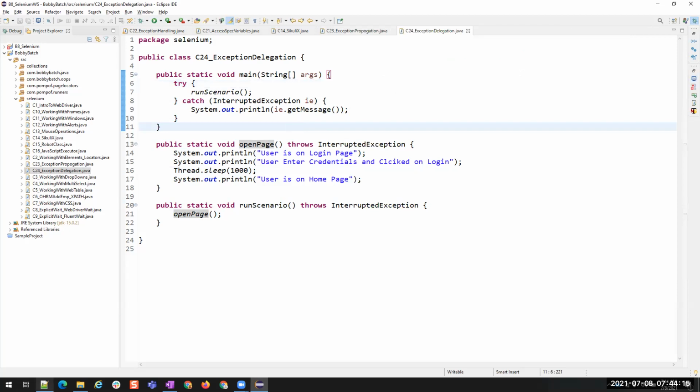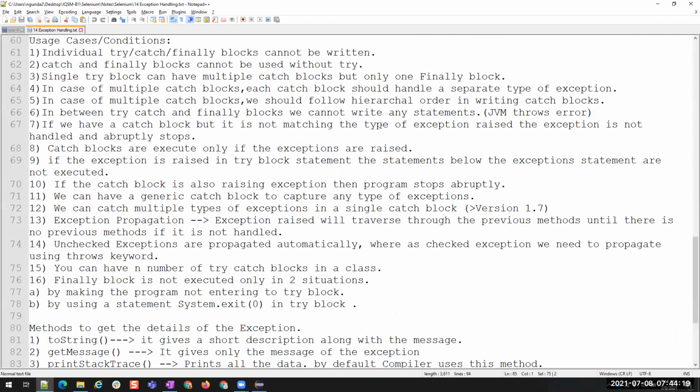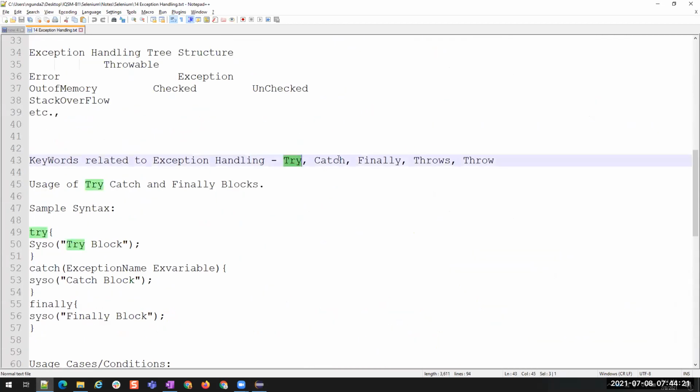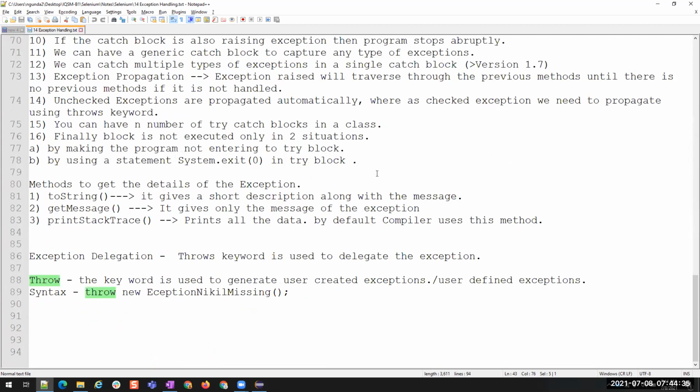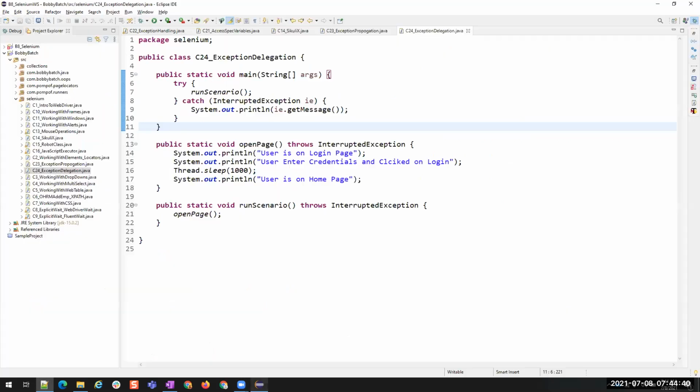All right. So this is exception propagation and exception delegation. So we have seen try, catch, finally, throws. Now, if you want to declare, or if you want to create your own exception message or your own custom exception, then we can do that with the help of this throw keyword. For example,